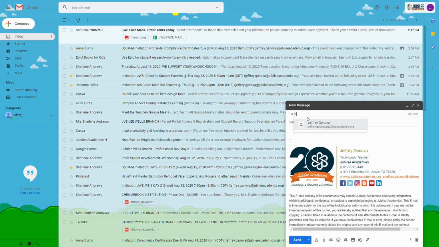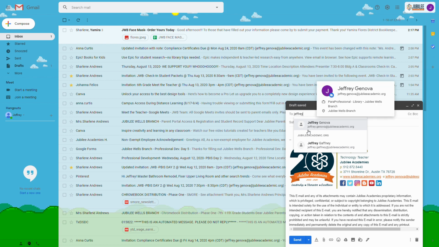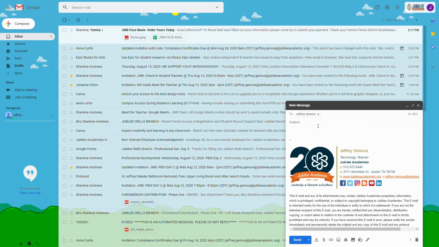I'm going to type in my name, and sometimes it will autofill or auto-suggest. You just want to click on it and make sure you have the right email, because if not, chances are you'll be sending it to a different person, or it'll bounce back to you because the email does not exist. You can send it to multiple people. You can send it to yourself again. I'm just giving you examples, but if you made a mistake, you can click on this X